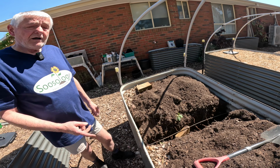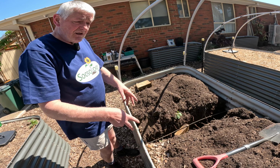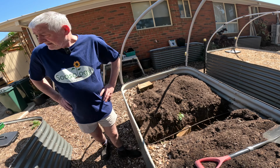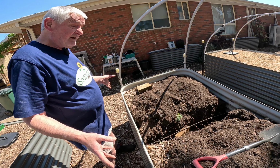So I'm going to keep on doing this. I've got the one underneath this one and two more on this side, and we'll get back to you when I start getting this ready for the spring planting